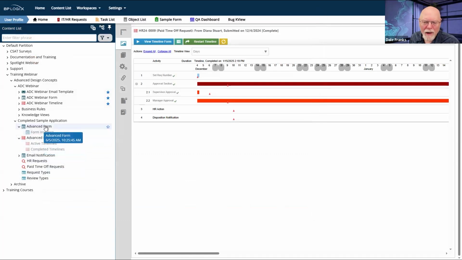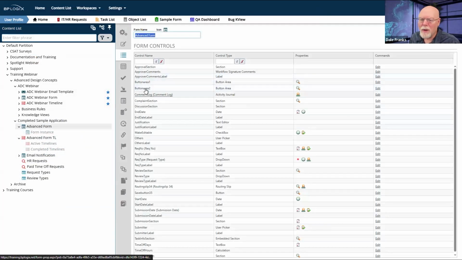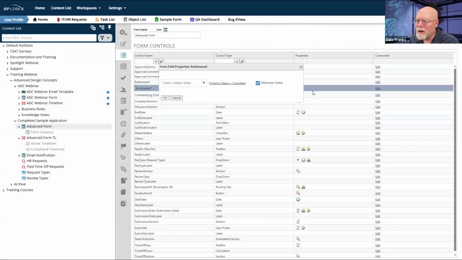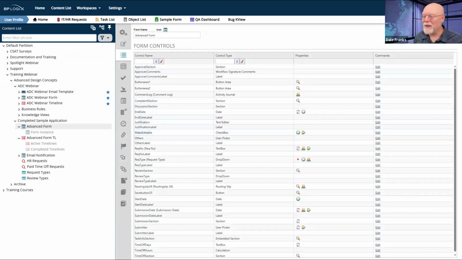Well, I'm not entirely sure what configuration. Oh, field is hidden when timeline status is complete. How about field is visible when timeline status equals complete? How about that? How about saving that property?